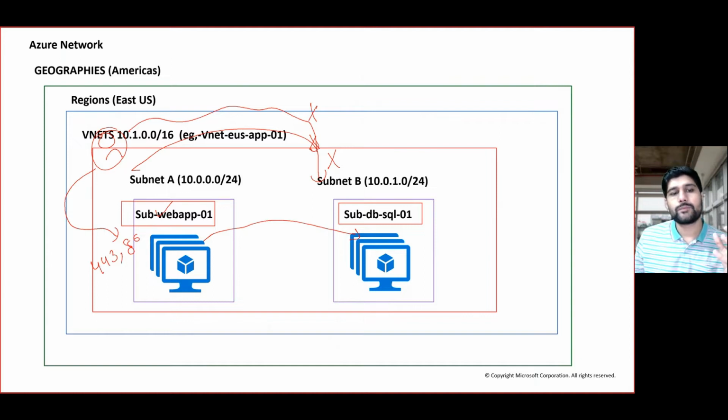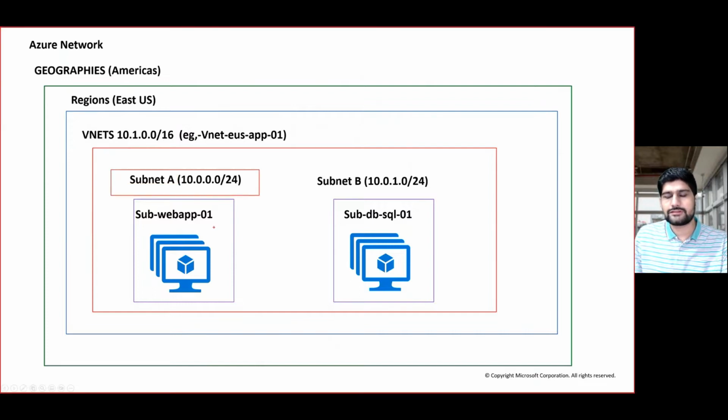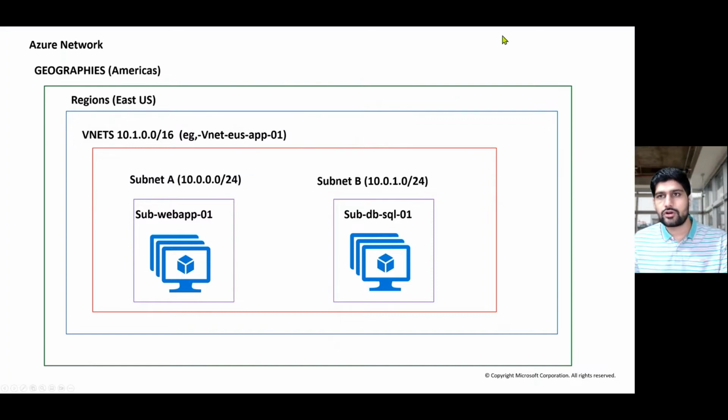So what you can do is create your web app in subnet A, and you can divide the larger chunk of network into this range that I have defined over here. So you can define this range for your subnet A, and you can define another range for your subnet B. And you can divide a larger chunk of network into smaller chunks by configuring this subnetting over here. Now, let's talk about